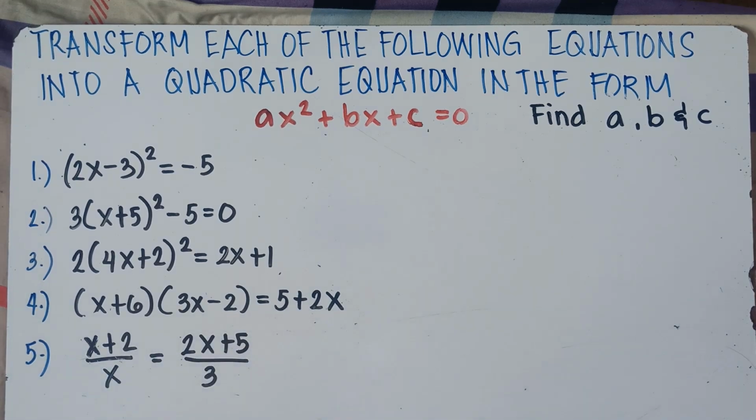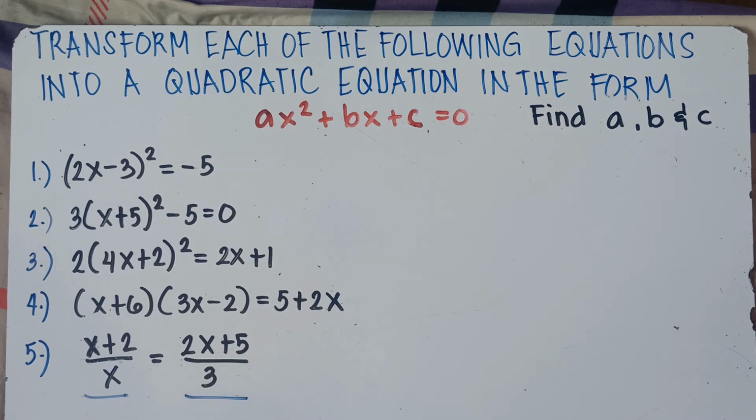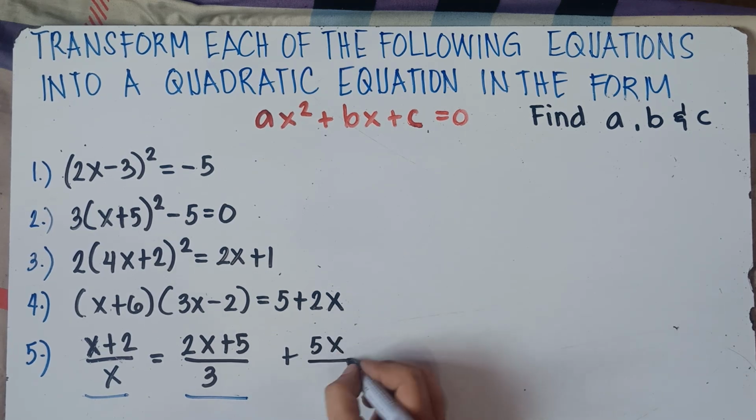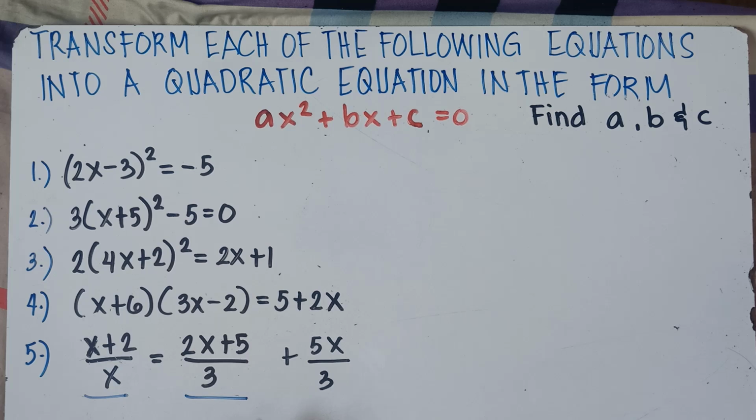Now in this scenario class, you have two options to solve for the quadratic equation. First, to transform this one, we can do cross multiplication. Simply cross multiply, or the second solution, we can find the LCM, the least common multiple. Now in this scenario class, we can just simply do cross multiplication because we only have one expression on the left and another one on the right. Because if we have another, for example class, if we have 5x over 3, we cannot do cross multiplication because we do have two terms on the right. So we need to find the LCM.